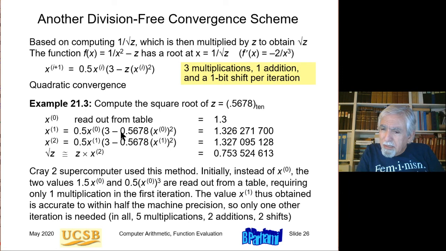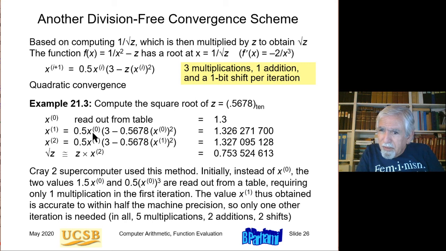So in this formula, what we have is 1.5 x0. Given a few bits of z, we read out from a table directly 1.5 x0 and